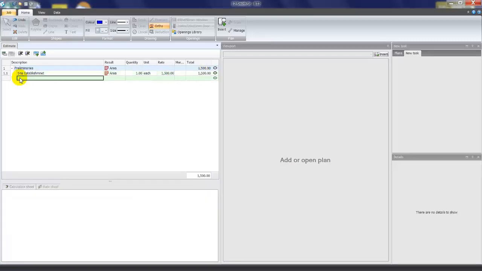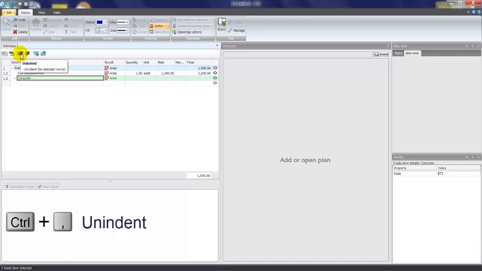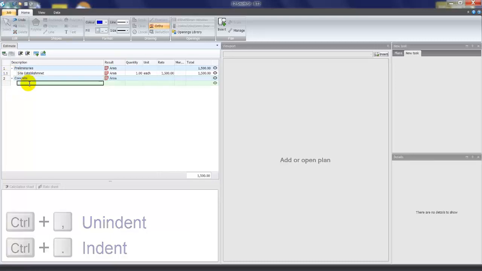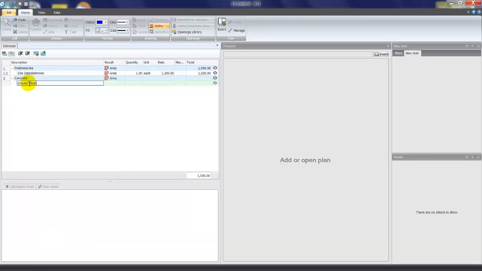If I create another heading or trade, let's say concrete, and click heading, you'll see that that'll go in as a subheading of preliminaries. We can make that a main heading by clicking this unindent button to make it, in this case, heading 2 or trade 2 in the estimate sheet. I can create a subheading of concrete by inserting a description and clicking heading, and then I could create an item by inserting the description